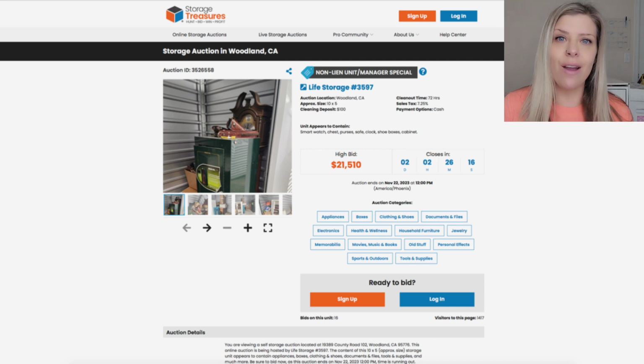You are not there in person. You are buying what the facility is showing you in their photos. And if the photos are changing from the beginning to the end as they're actively taking them, that probably means that either they recycled photos, which it doesn't look like it did, or they checked it while they were taking the photos. And if they check inside of that safe and they see